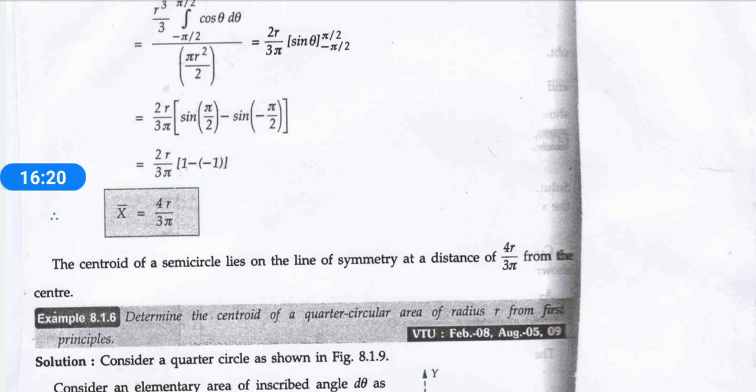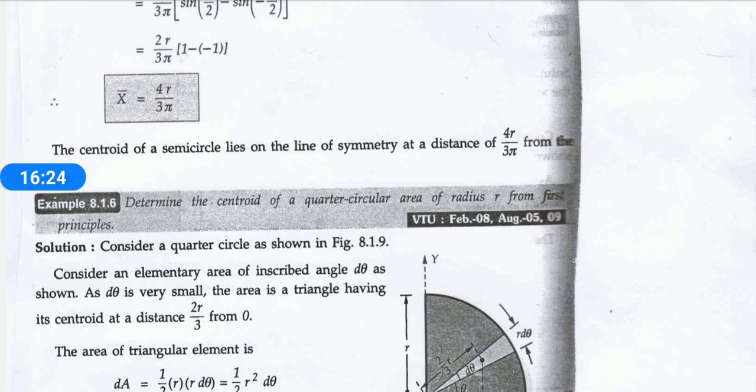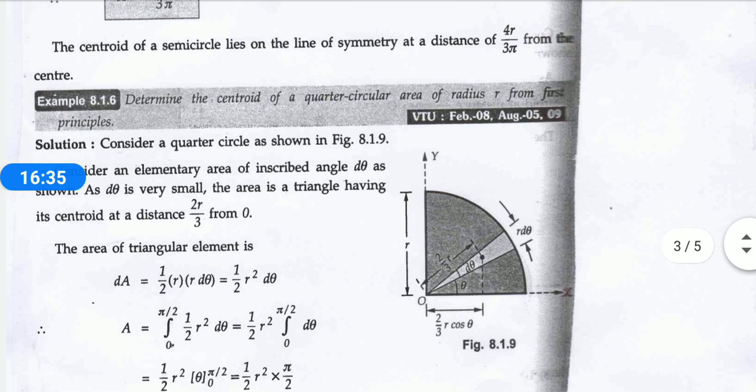Now we'll go for the next problem, that we can consider a quadrant circle. That means already we had seen a semicircle, in that only one part we are going to consider. See, in this type of problems you can score easily because every answer is a constant answer. There will not be any change in your question, so you can concentrate more on this.